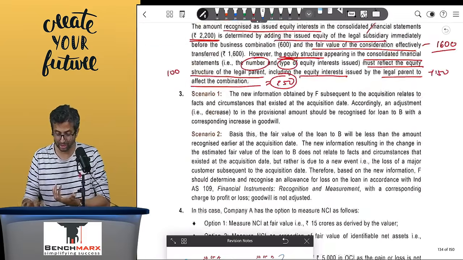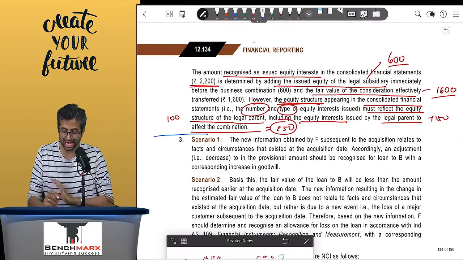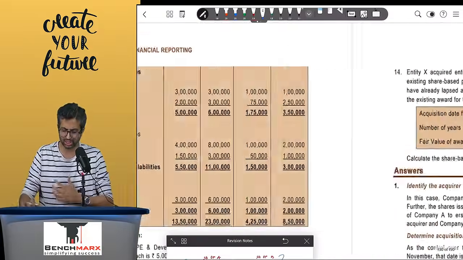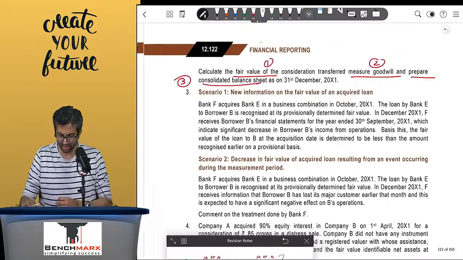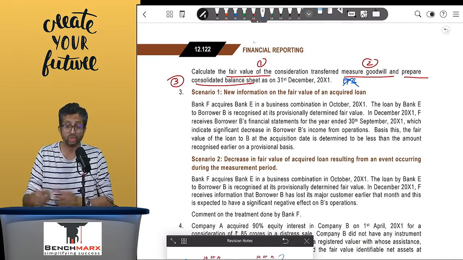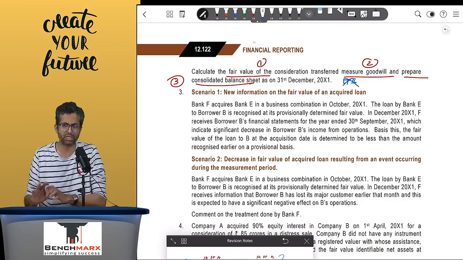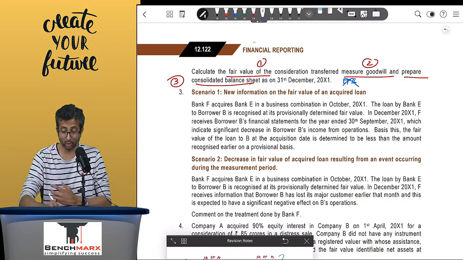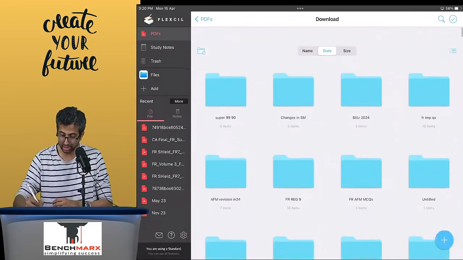If you go to see on the next page, the question ends over here and there is no other EPS working, etc., which has been asked. But in our question, we have actually taken the EPS working. As you see, 1, 2 and 3 things are asked in the institute material. There is the EPS working, which was all the more complicated. They have removed it, but just for completion, if you want to understand it,